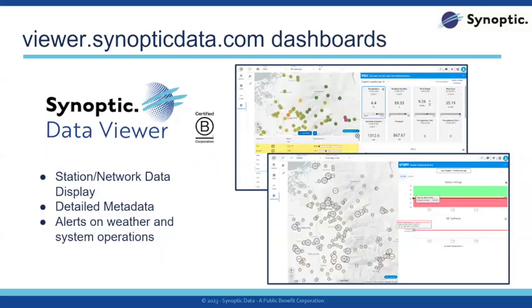Something geared more towards data providers is this dashboard information, which shows battery voltage, quality control, data latency, and more information on what's happening in real time. So I will switch over to this. Michael, if you want to help.